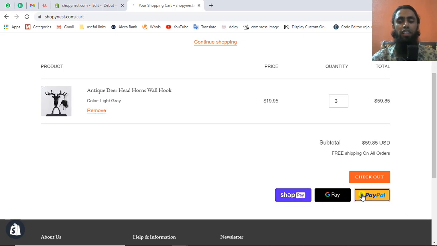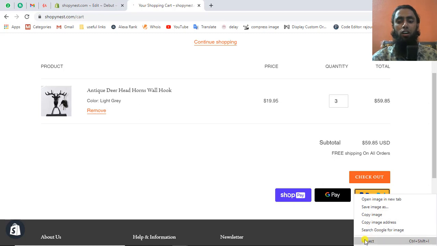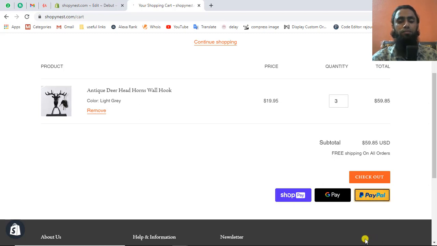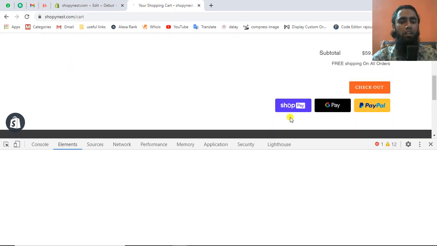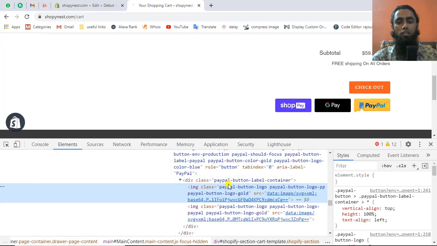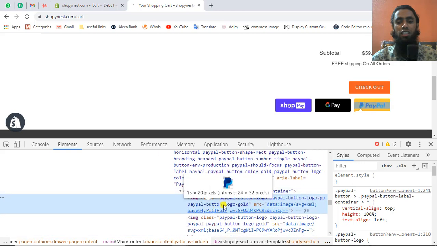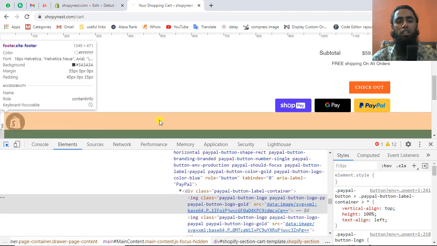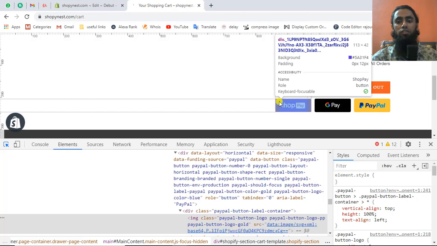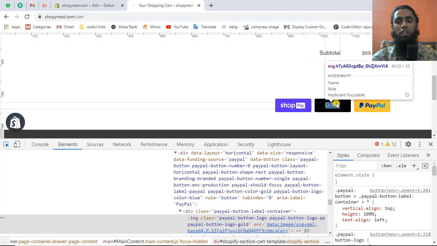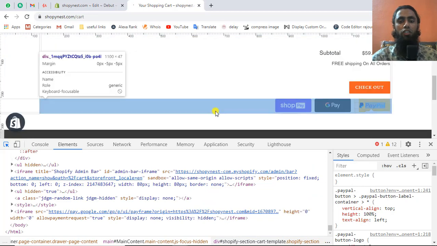First of all, you need to right click on this PayPal button and you will get an option of Inspect. Click on that one. You have to scroll up, and once you click on that, you will be redirected to this specific element. This is actually the PayPal button, but I am interested in removing this whole thing. So I have to click on this inspector. Once you click on it, you will see this is an individual button, this is also an individual button, this is individual, but once you hover over this element, this whole line is highlighted, right?